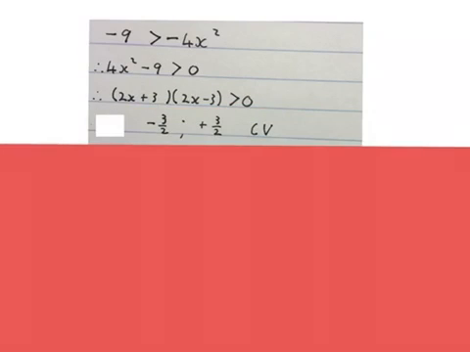Here is my second problem. I've got an inequality and I can see there's an x squared in it. I take everything to one side where the x squared is positive and keep a 0 here. Then I factorize it. Then I work out my two x values. The one will be -3 over 2, the other one will be +3 over 2. I call them my critical values.